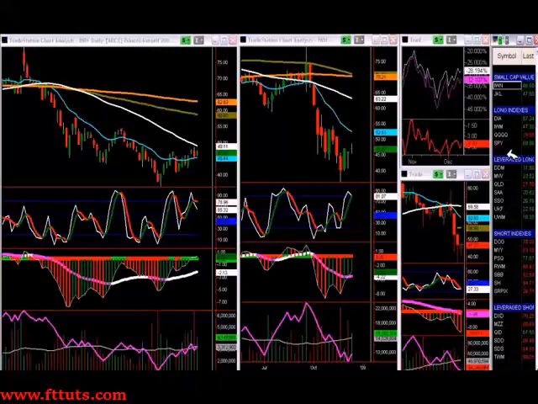Okay, there's our tradables as far as the exchange traded funds of the major markets: the Dow, the small caps, the Russell 2000, the Qs, and the Spiders. So if we decided we want to just trade one of those big markets, we would trade one of those. Here's some leveraged long